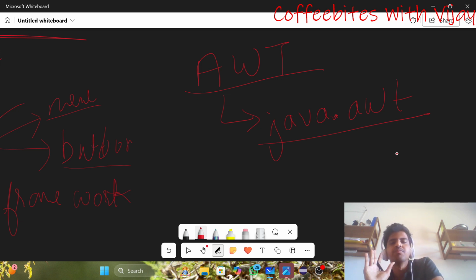These are all the user interface classes, so that you can use buttons, you can use labels in order to make this application look better.